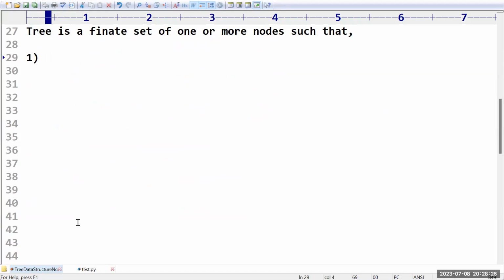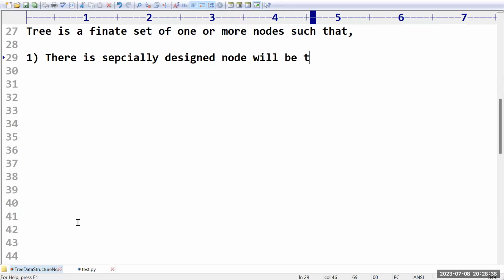The first one is that there is one specially designated node called the root node. We will call that node which node, sir? Root node. Then the second point,